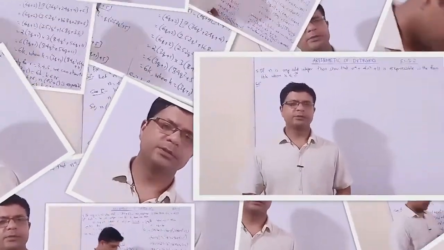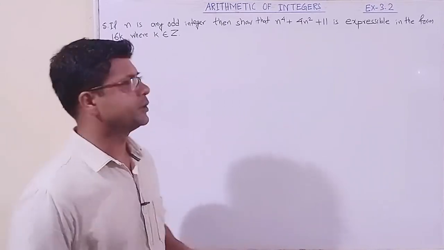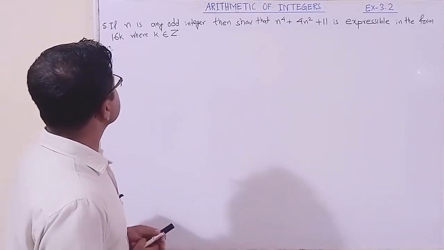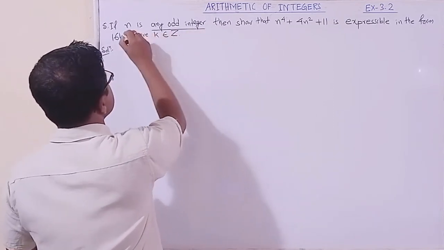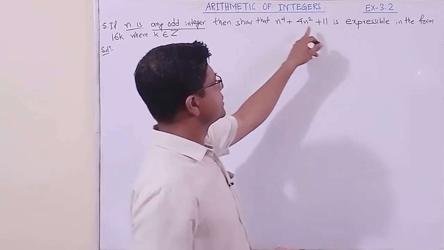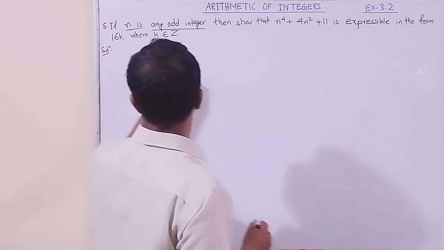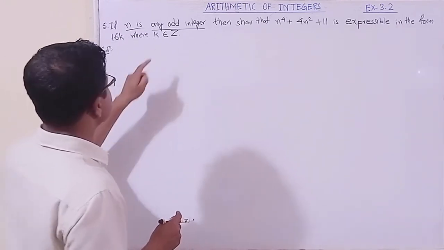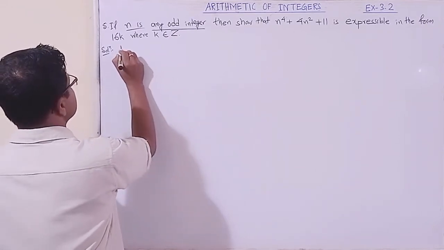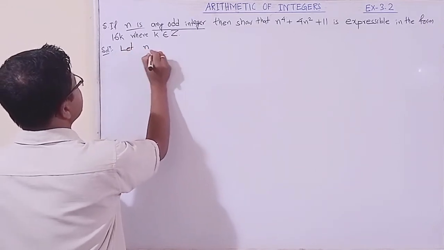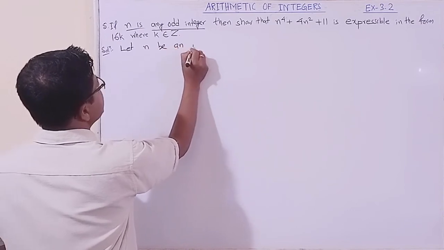Got it? Dear students, now we have taken question number 5. Let us read the question. If n is an odd integer, we have to know it. N is an odd integer, then show that this expression is expressible in the form of 16k, where k is any integer. So let us take in the usual form. We know how to write it. Let n be an integer